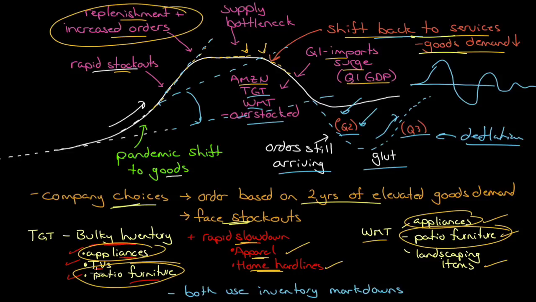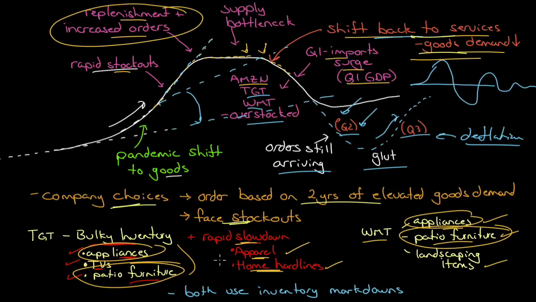Ordered way too much of it. Well, it makes sense, right? The patio furniture, if you got to stay at home, let's turn our house into an entertainment place. Well, we need more exciting patio furniture in the back. If we're going to live in the backyard, let's furnish the backyard. So they ordered because their inventories were brought down to zero. They had a bunch of stockouts. They had to replenish inventory plus order more for the increase in demand that they forecasted that quickly went away when they could go back into the restaurants and the clubs and do that kind of thing.